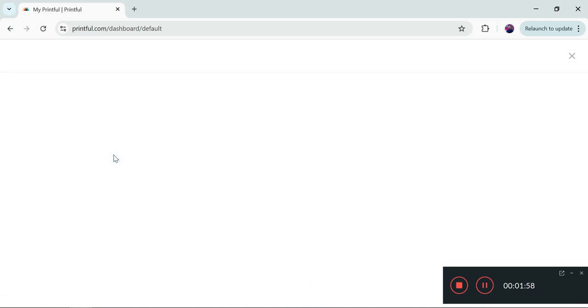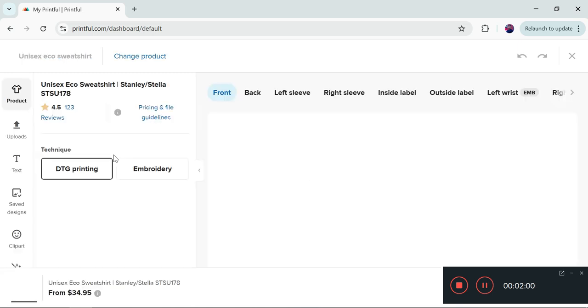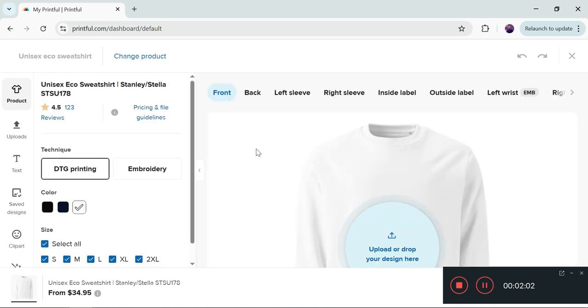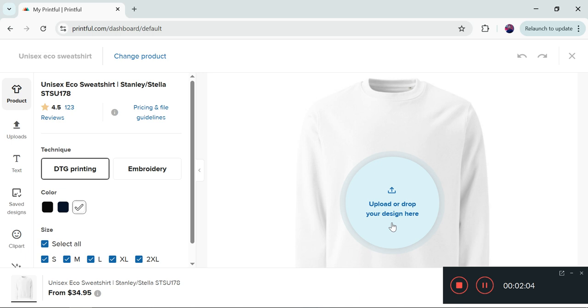Here you will add your own custom design on the shirt or this product. Here you will add your drop design. Here you can create your custom design with the help of AI. Then you will upload the photo here and it will automatically show it here, and then you can post it for online sell. So that's how you can create custom designs on Printful and then connect your store for selling to Shopify and use it for e-commerce purposes.